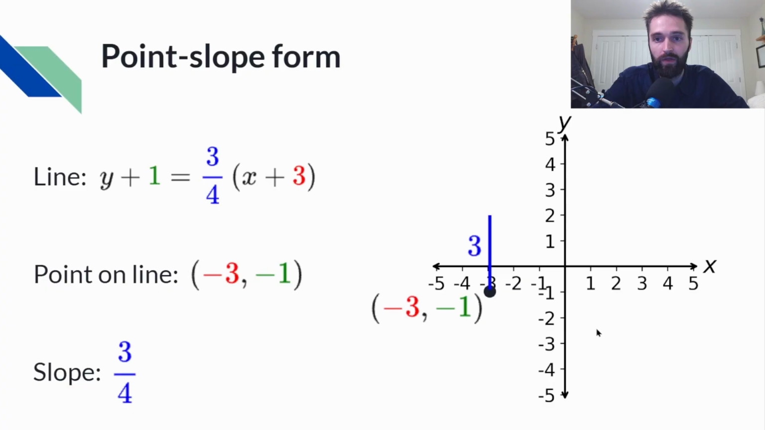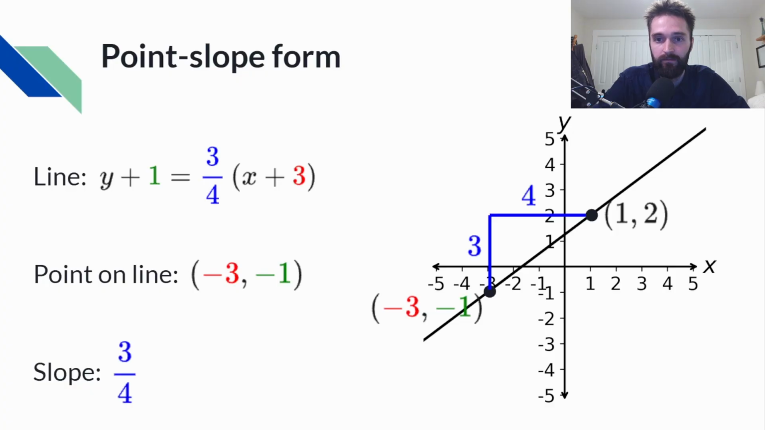So we'll go up 3 units, and then we'll run by 4. All right, we'll go to the right by 4 units. And that gives us the point 1 comma 2. So we've got 2 points, so we can draw the line, and we can also label this line